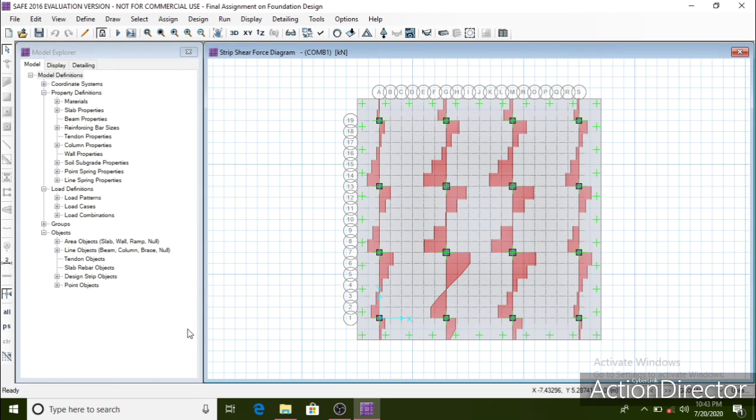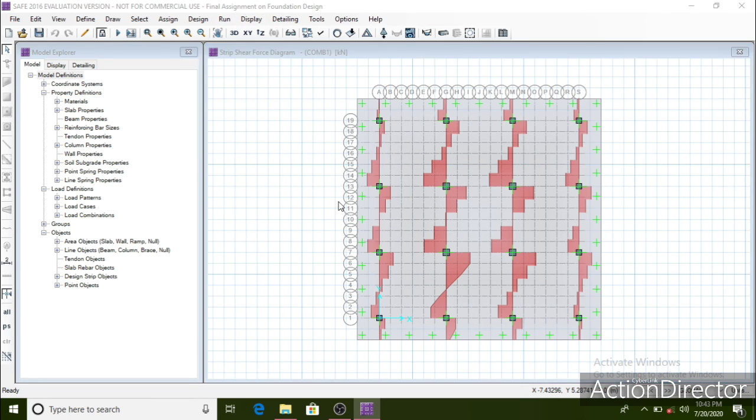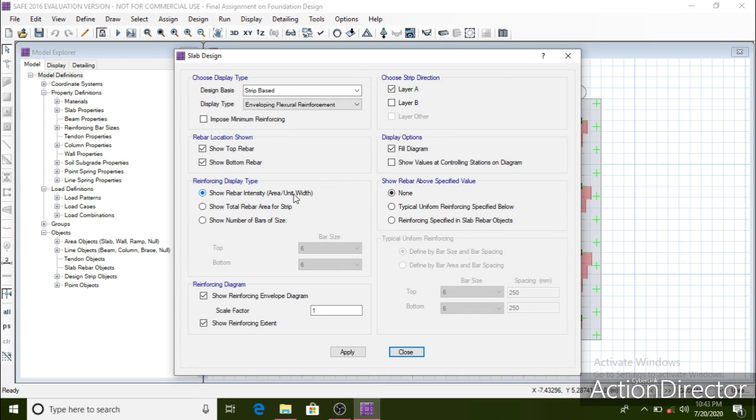Now just close this tab. Now go to display, click on show slab design. So just check this impose minimum reinforcing and click on apply.